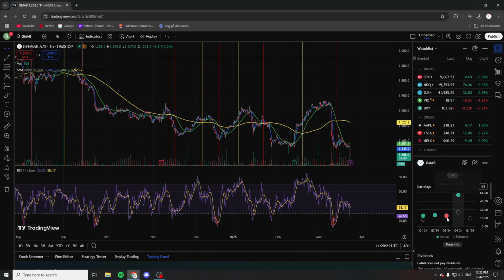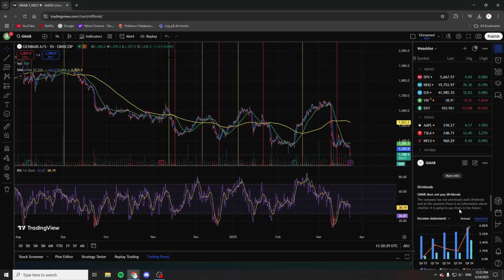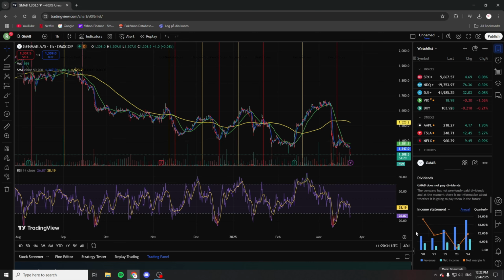But now, if you take a look at the earnings, it was actually quite impressive back in February, as it spiked 125% more than the actual estimation. Now, as you can see here, they make nice money. So that is of course an important thing for a biotech company like this, because many biotech companies rely on their stock price to raise money until they make money. But Genmab is an old company and it makes very large money, so I like it quite a lot